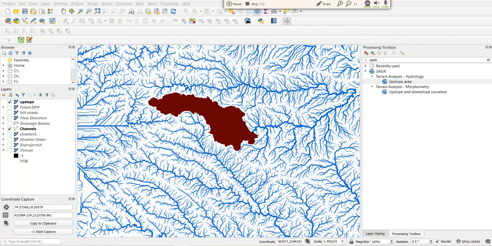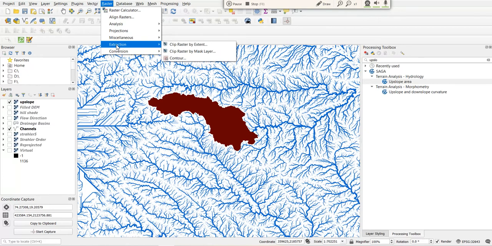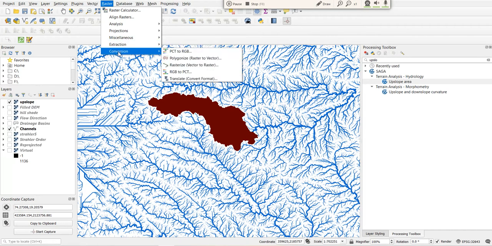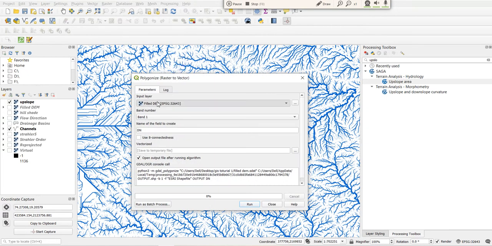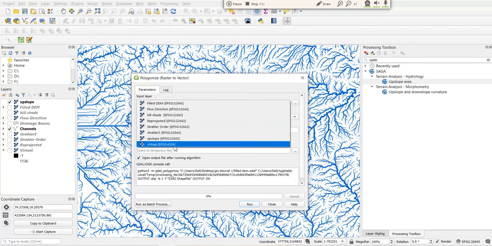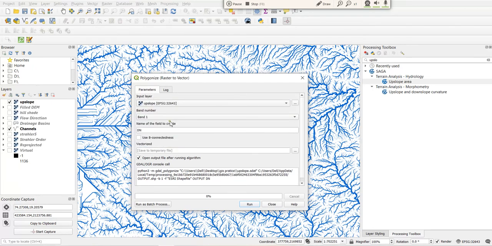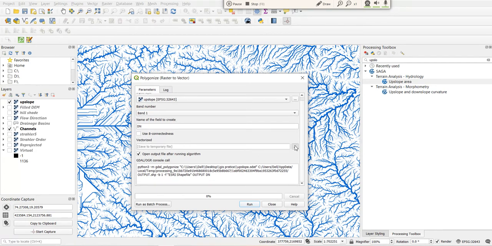Now we will do one thing: just change this raster file to vector. Polygonize, raster to vector. So we'll change this raster file to a vector file. We select that upslope file, band 1, that is DN, the vectorized file.